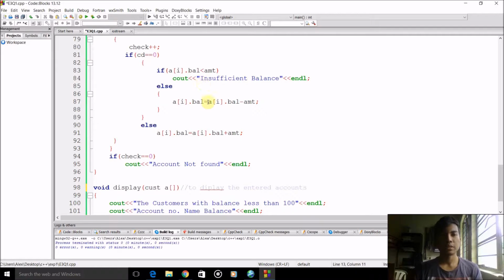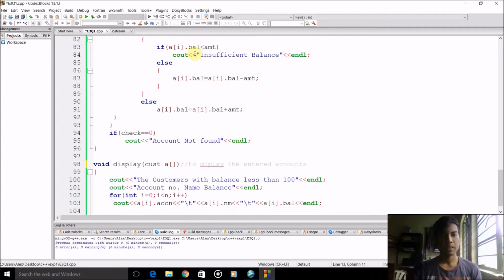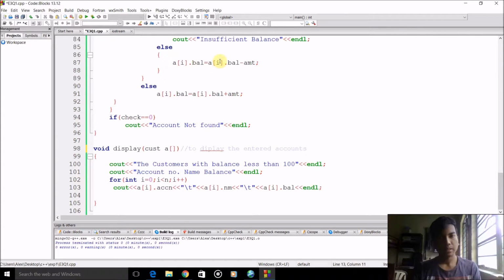After we select the code, next we check the amount, whether it is greater than or less than the balance. If the amount is greater than the balance, we will prompt the user that the balance is insufficient. And if the amount is less than the balance, then we will subtract the amount from the balance, thus the amount